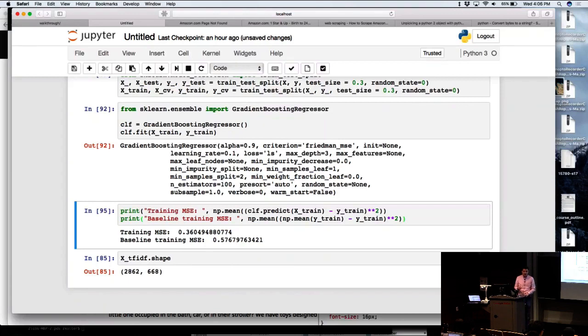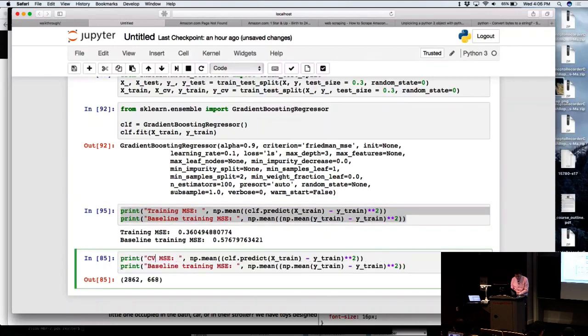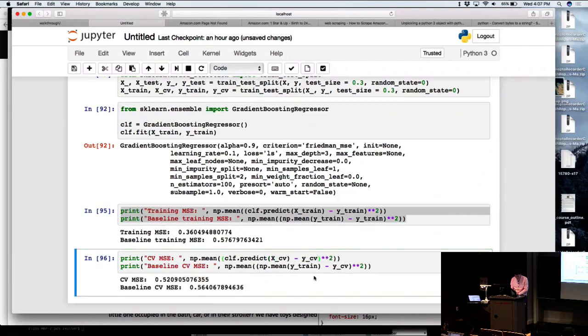And yeah, it's 5.7. So it seems like you actually are doing a little bit better when you train your classifier. Of course, this is the training set that is the problem. So let's see what happens on the test set, on the cross-validation set. So baseline CV MSE, CV, and let's look at the XCV minus YCV. Okay, so unfortunately, when we now move to the cross-validation set, it doesn't seem like we're doing